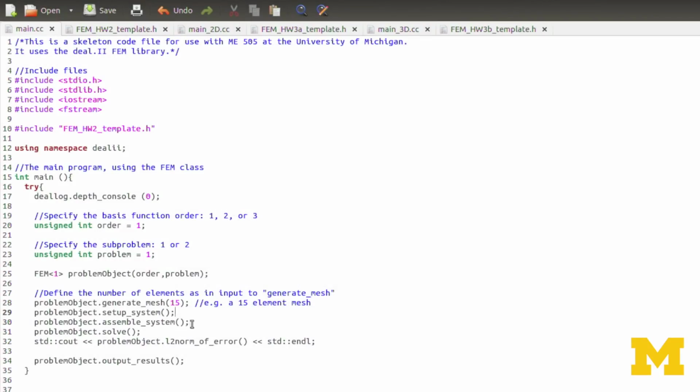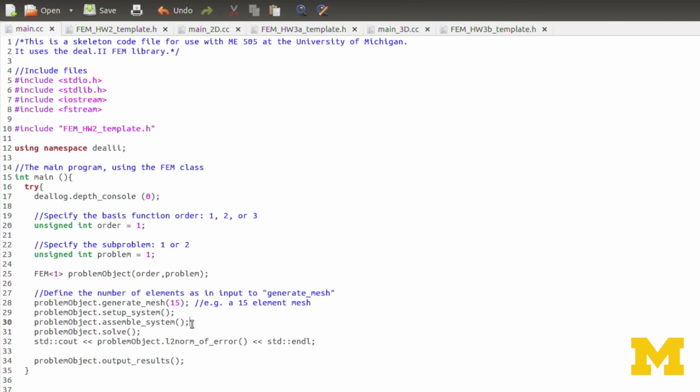After that is assemble system, and it's within assemble system that we actually create K local and F local, and then assemble those into the global stiffness matrix and the global force vector. We've previously defined the Dirichlet boundary conditions within setup system. The Neumann boundary conditions, you'll see we define as we're creating F local.